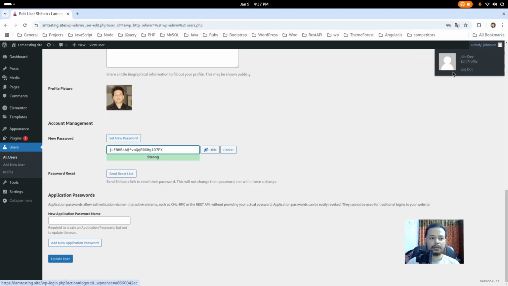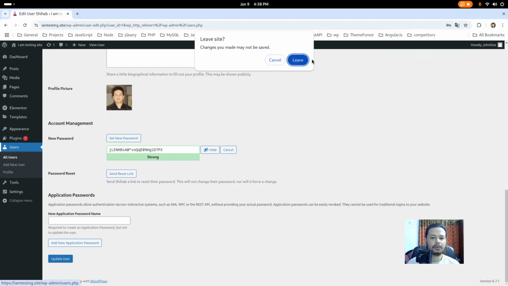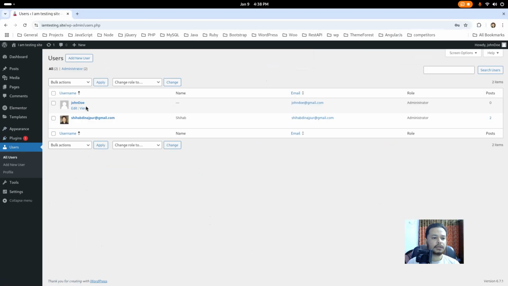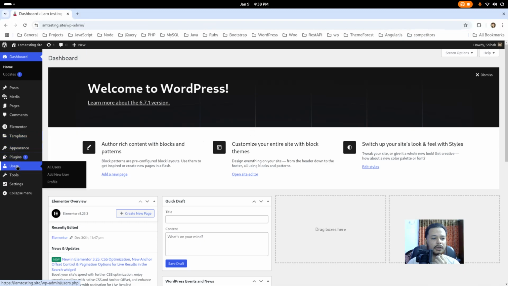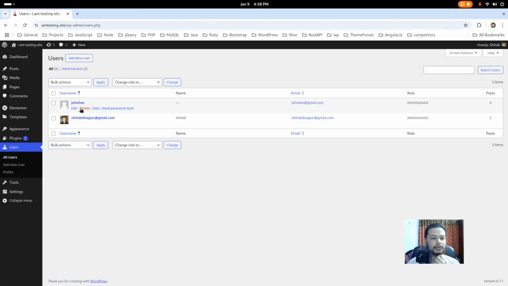But let me show one thing. If you go to this user, since you are not able to delete this user, if you want to delete it, then you need to log in with your old account. So I'm going to log out and log in with my old credentials and go to this user and I will delete this. But before you delete this,